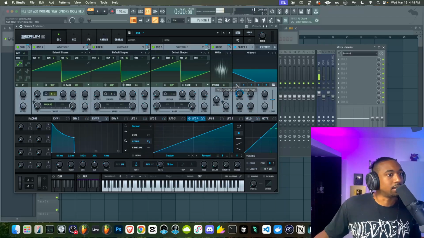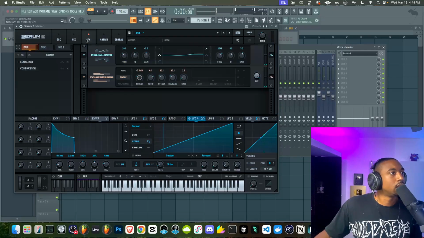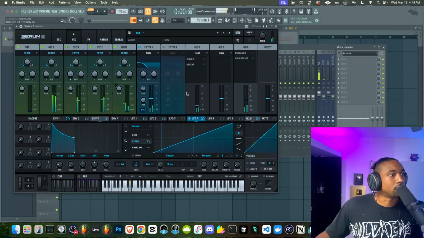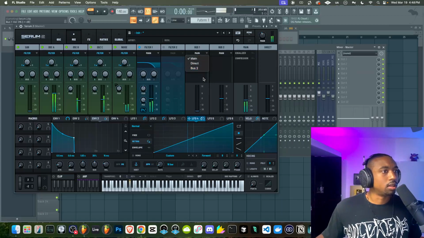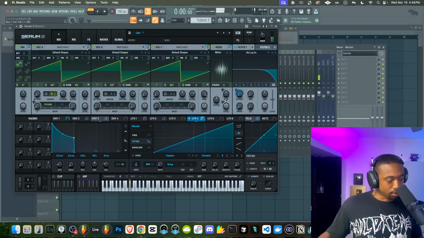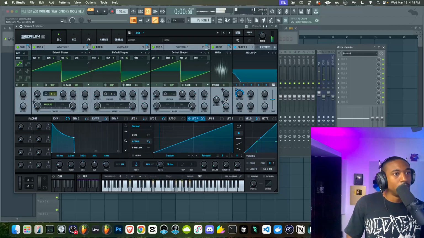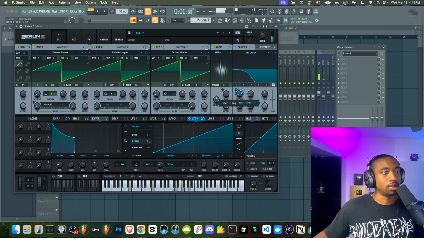Looks like one of these sounds is not going through a filter. Hear that down? It's just there. Oh, maybe it's the bus. Maybe I didn't think about that. Maybe it's the bus signal. Let's turn that off. That's interesting. I wonder how that goes to the filter. So for now, we're just going to keep the effects off. All right, there we go. Now I hear the filter more.